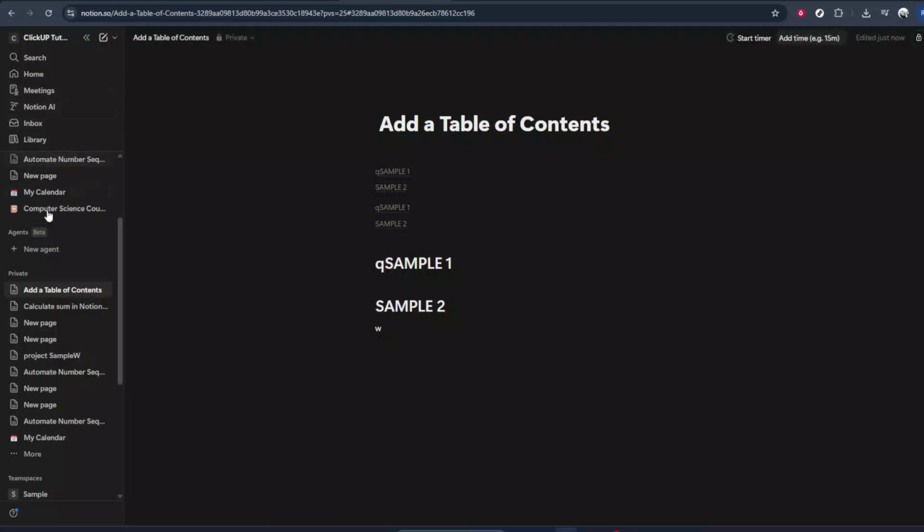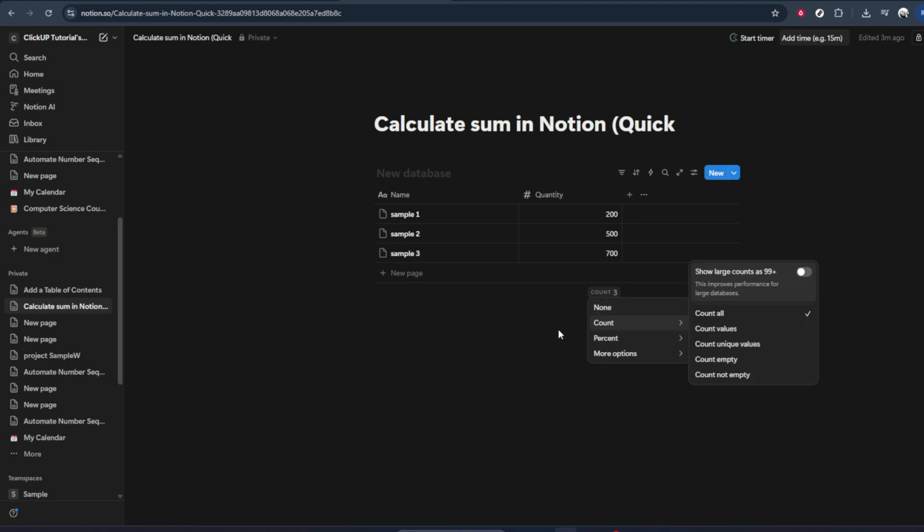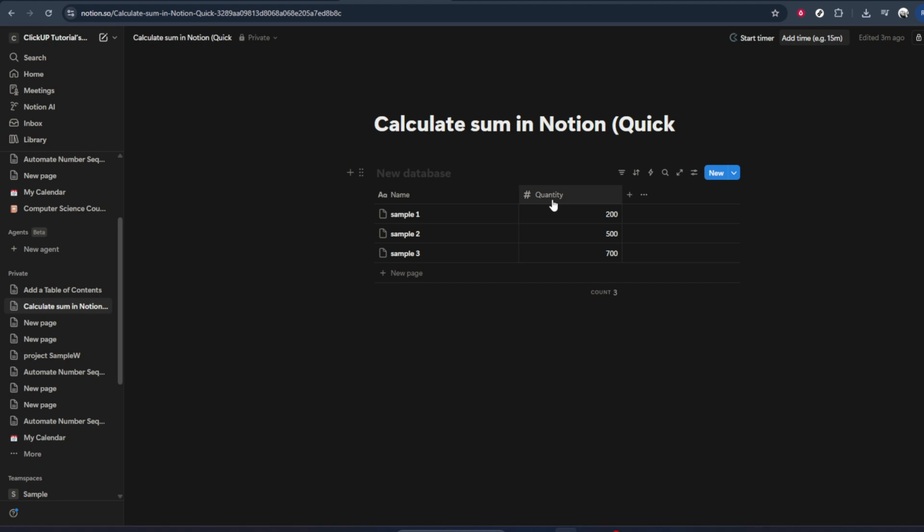In today's video, I'm going to teach you how to calculate sum in Notion. We'll walk through a quick and simple way to add up values in a Notion database, like quantities, expenses, or any other number property you might be tracking. By the end, you'll know exactly where to click and what to look for, so your totals always show up